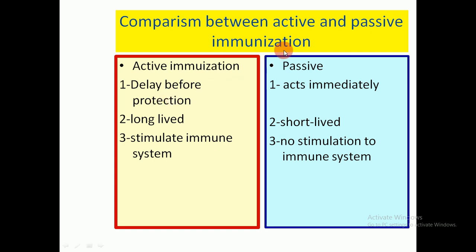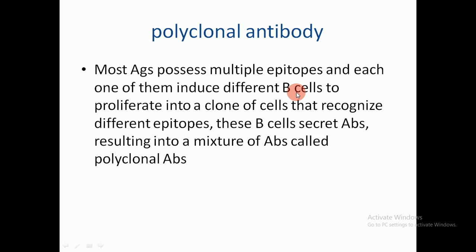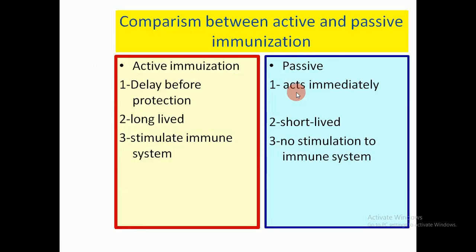While the passive acts immediately because we provide the individual with ready antibodies directly injected into the individual. And the active immunization is long-lived because it stimulates the immune system, while the passive immunization is short-lived,